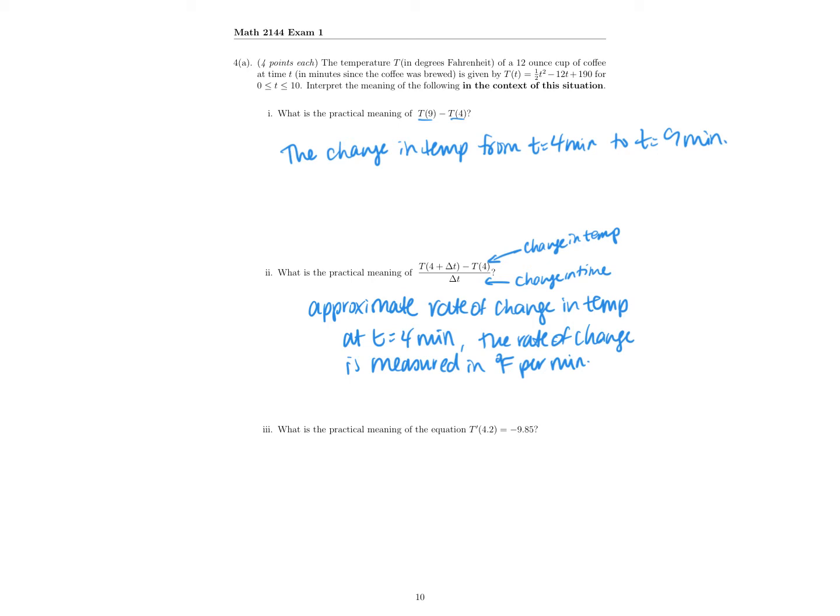What is the practical meaning of the equation T prime of 4.2 equals negative 9.85? So 4.2 is a value of time, and negative 9.85 is a value of the derivative. So this is a rate of change. So the practical meaning of that is when t equals 4.2 minutes since the coffee was poured,